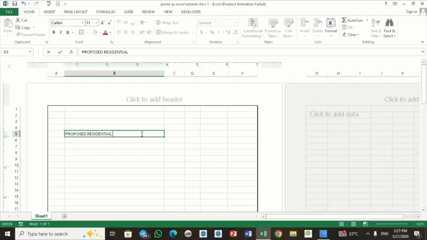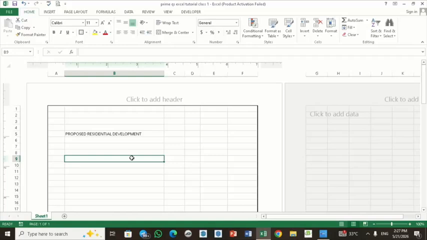residential development. Do you understand? Then you come down, maybe again 4 lines, then we say 3 lines. Bills of quantities. Do you understand? Then we just leave space, again like 4 lines